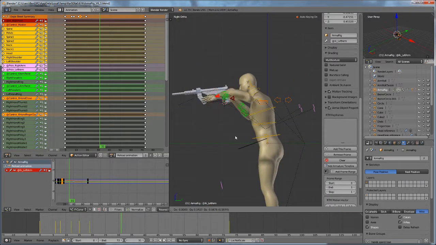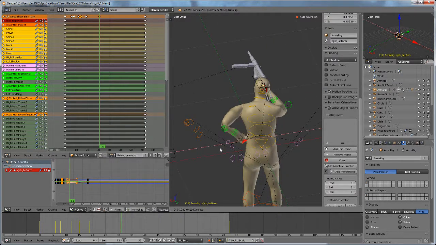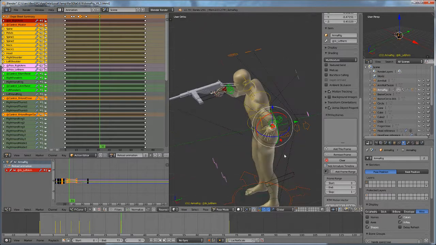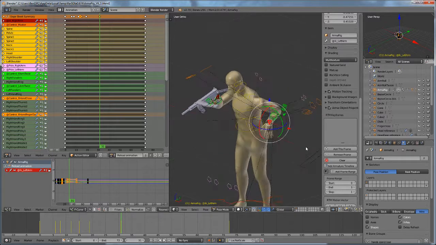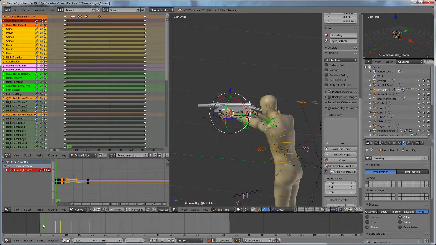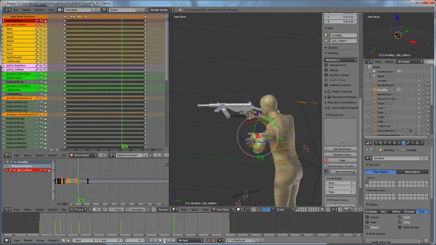So I can just G, move that down there, put it here, maybe even just rotate the hand a bit, so it looks like you're patting yourself down. There we are. Get closer, yeah, there we are, you're getting that magazine out, rightio. So now we can look at it and we can go, pull it out, grab a new magazine, and then